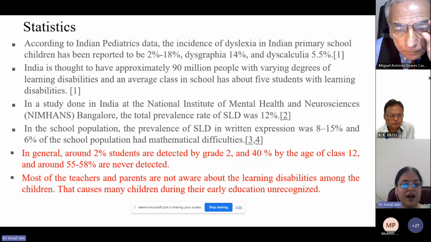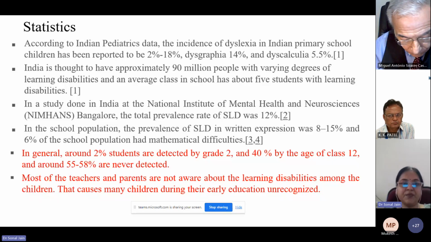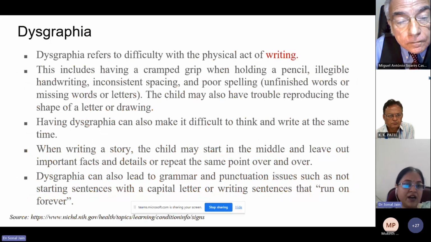Even I, being in higher education, came to know of this during my tenure as head of the department, where I received applications in which students shared that they have these kinds of learning disabilities, and that some extra time or some liberties are required in examinations, which are government recognized. So, particularly dysgraphia, what we are talking about, refers to the difficulty with the physical act